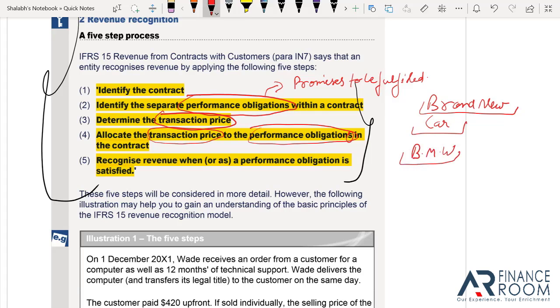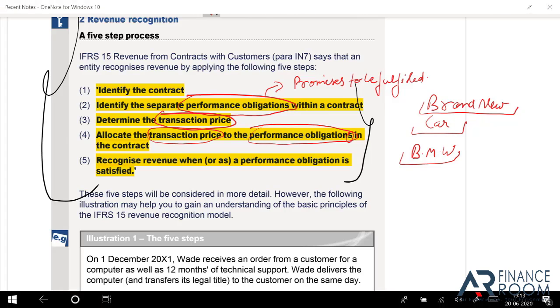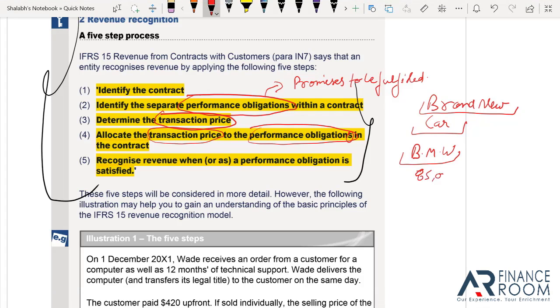You buy a BMW. You go to their showroom. You buy a BMW for worth, let's say, what's the price in that currency? Let's just say $85,000. All right. It's a wild guess because I am used to Indian currency, and we don't think of buying a BMW that often. Anyways, let it be $85,000. Now, what you get here is a car and a 5-year service. You are paying $85,000 for a car and 5 years of service.